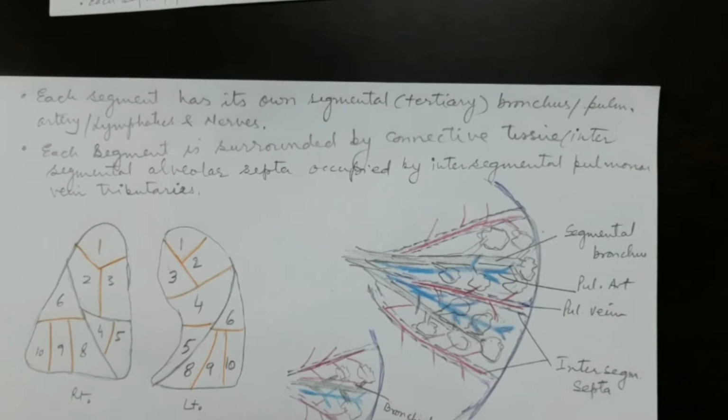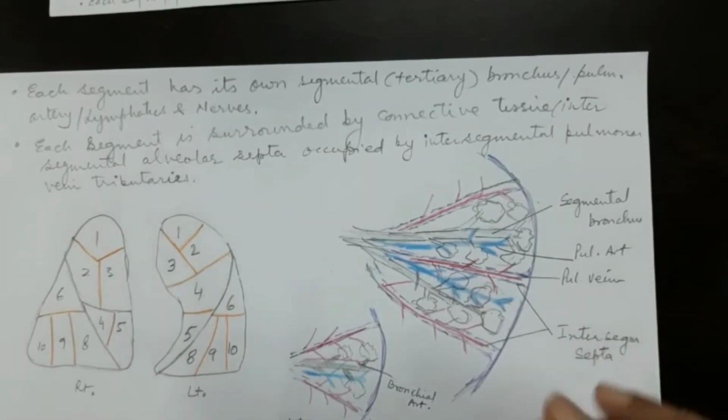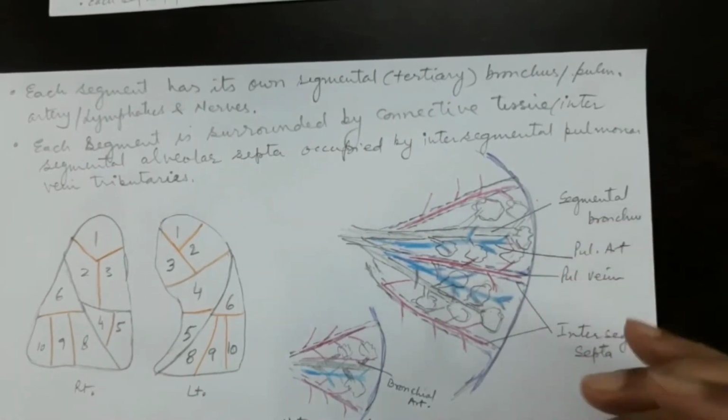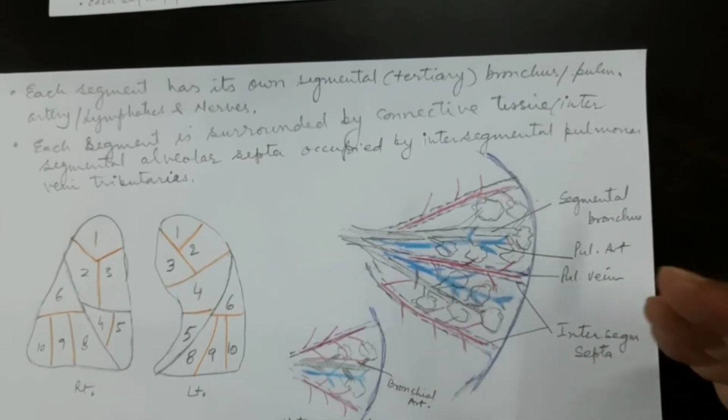So each segment, which is pyramidal in shape, has its own bronchus and its own pulmonary artery, and where do the pulmonary arteries come from? They come as a branch bringing blood from the right ventricle, which is deoxygenated blood, and then